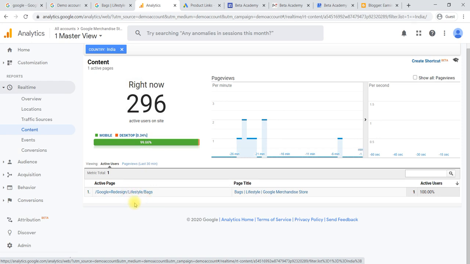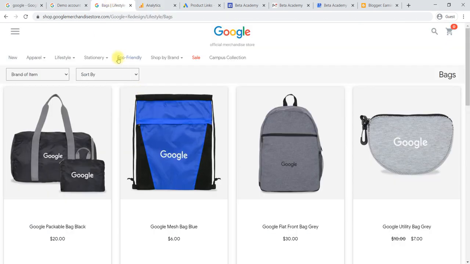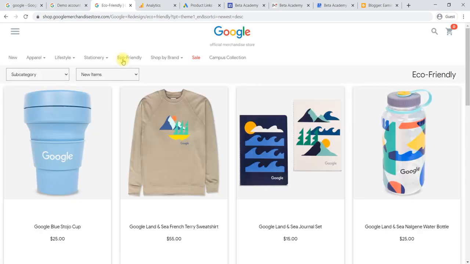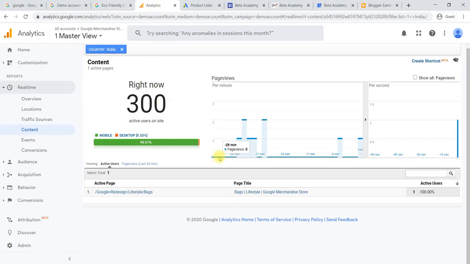Content is nothing but a particular product page, or someone visiting any other pages apart from the home page or contact pages. If they have visited any of the pages, it will be shown here as an active page, which the active users are using.